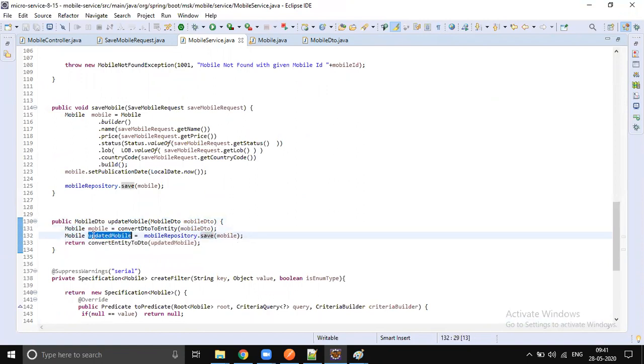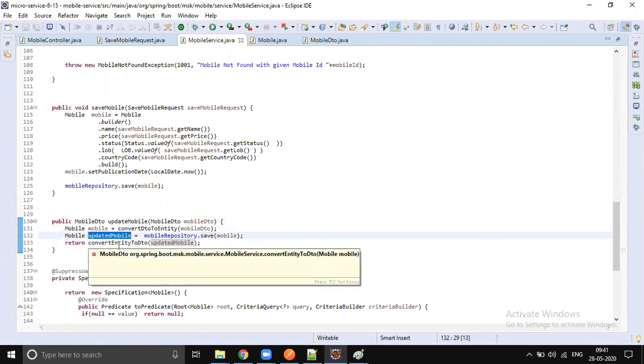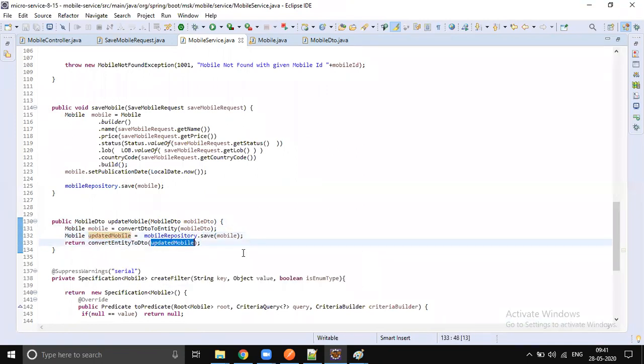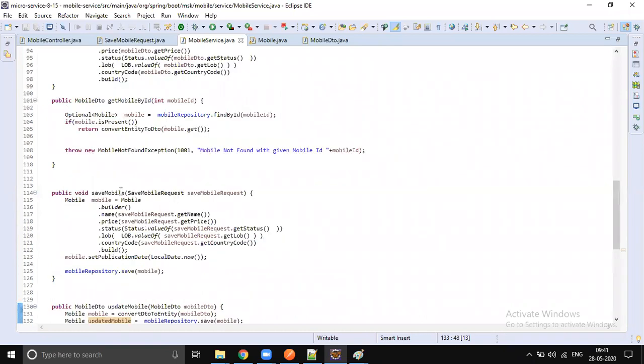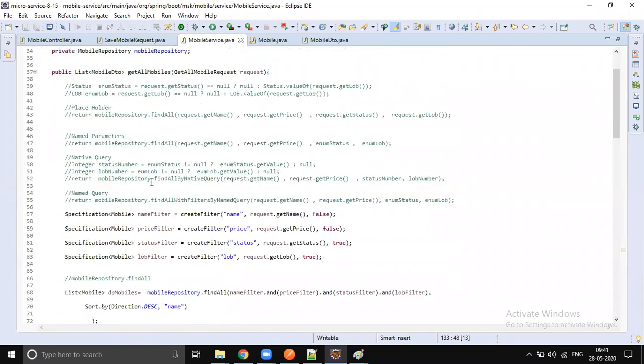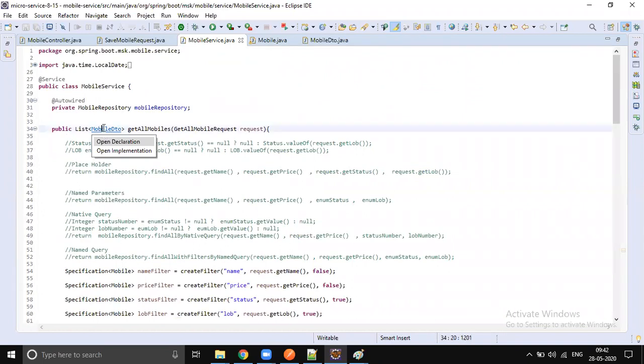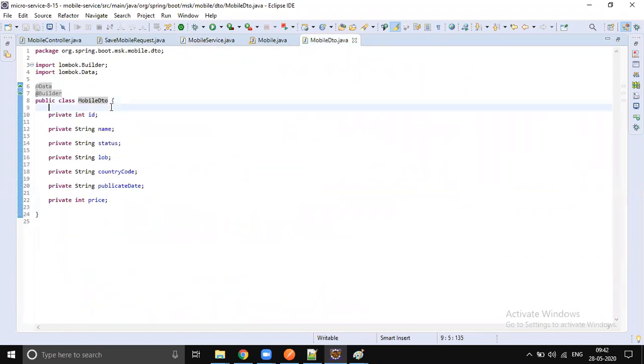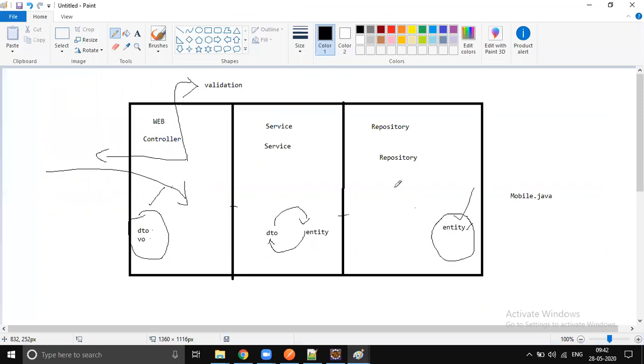And once the response comes back from the mobile repository, that will be converted back to DTO. All our DTO classes must be annotated with proper validations, right? We should do the proper validation before the call is going into the database.